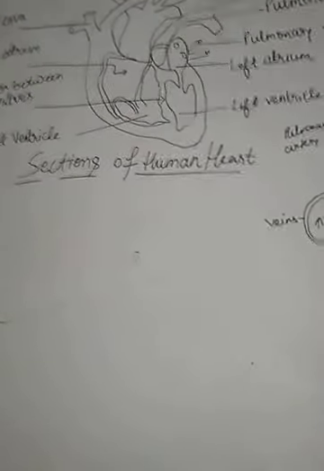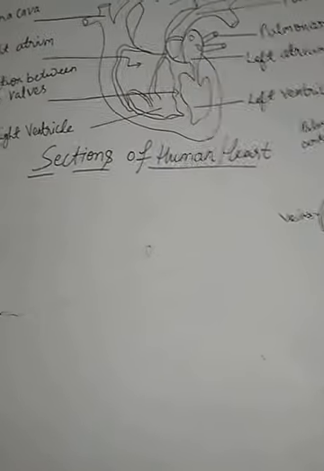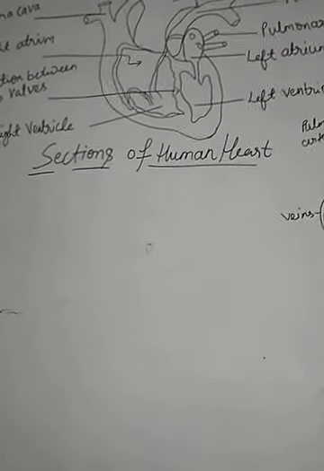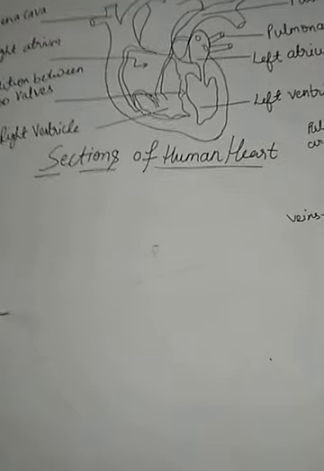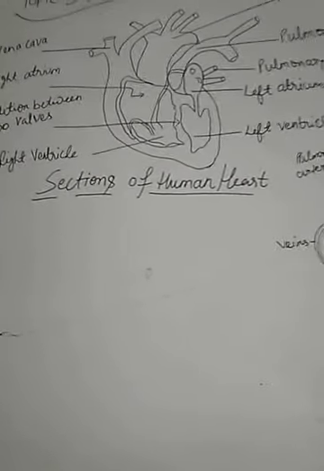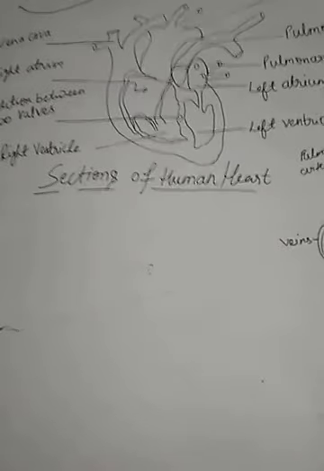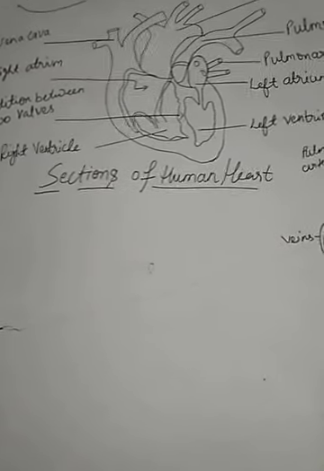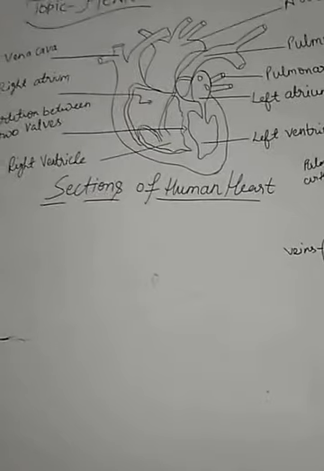There is a relation between the heartbeat and the pulse rate. Children, each heartbeat generates one pulse in the arteries, and the pulse rate per minute indicates the rate of the heartbeat. The rhythmic beating of the various chambers of the heart maintains the circulation of blood and the transport of substances to different parts of the body.